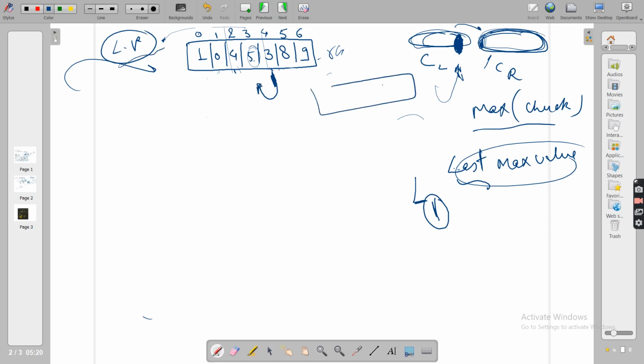We were only storing maximum values, so when 3 was coming, it would see only the last max value. 3 was looking for the last value, which means last value is what we want first. So what is the thing? LIFO is the thing, last in first out.